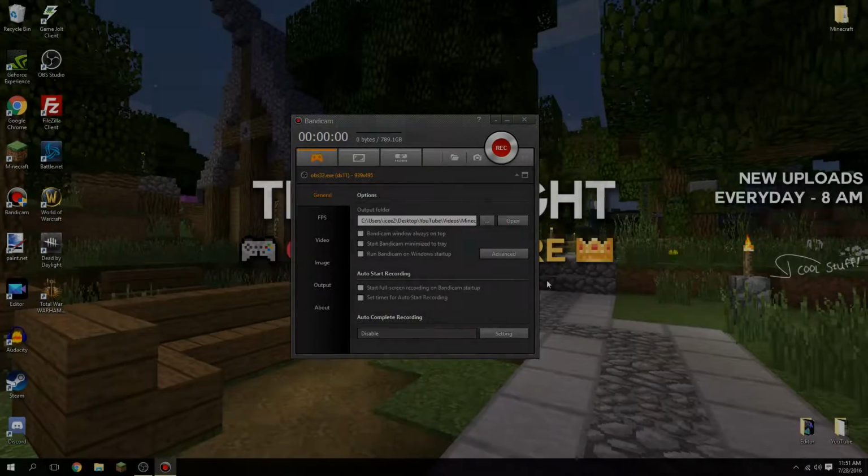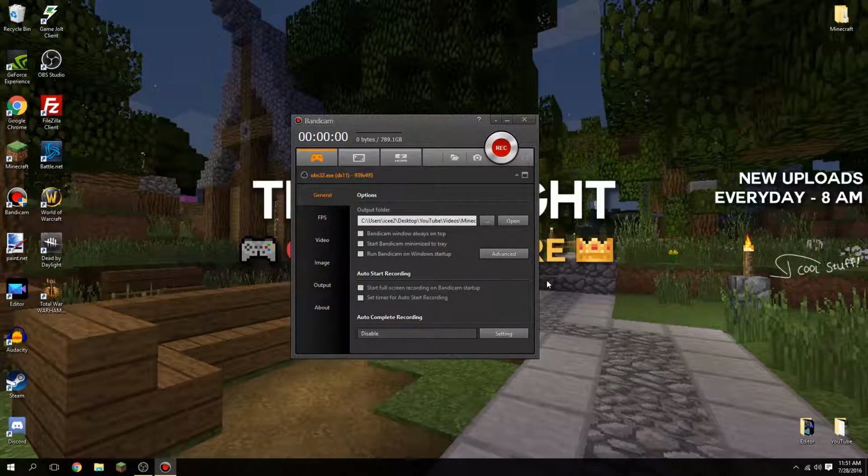Hey there everybody, my name is Turnite, and today I'm going to show you the best settings for Bandicam. I'm going to cover some settings on Bandicam on how to get 720p and 30 FPS